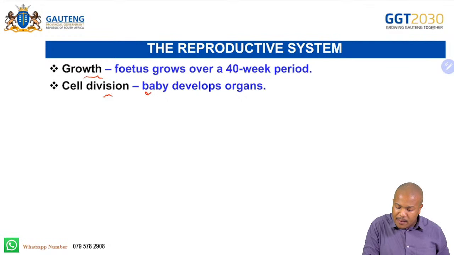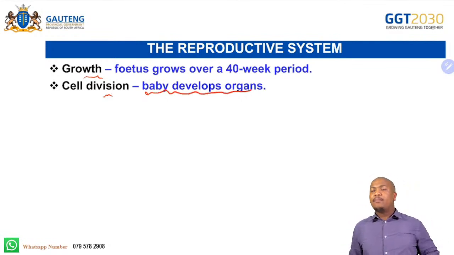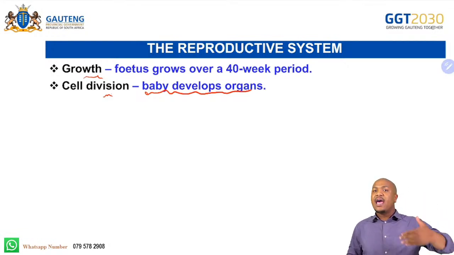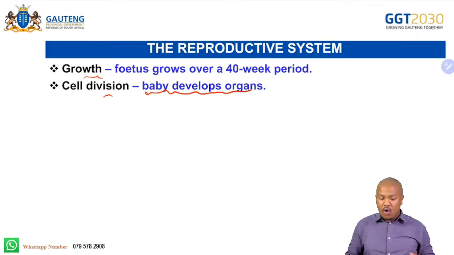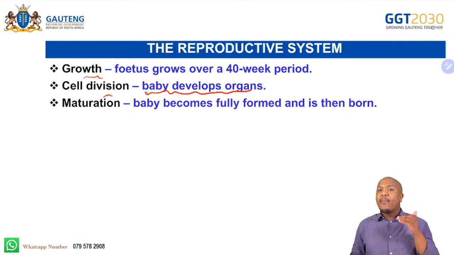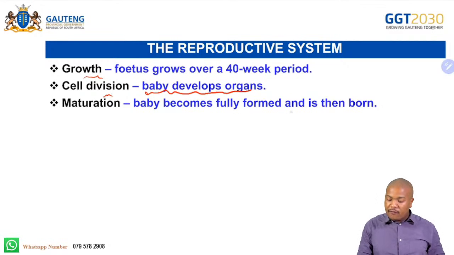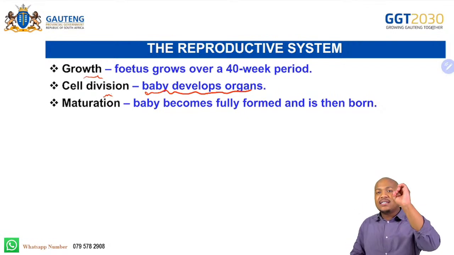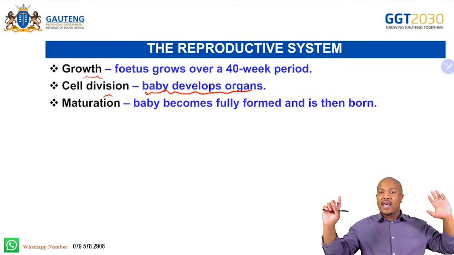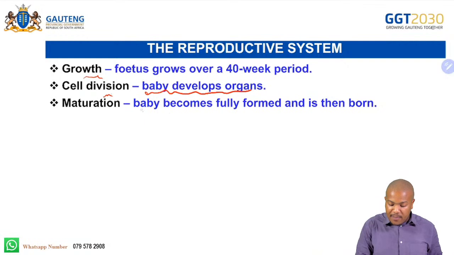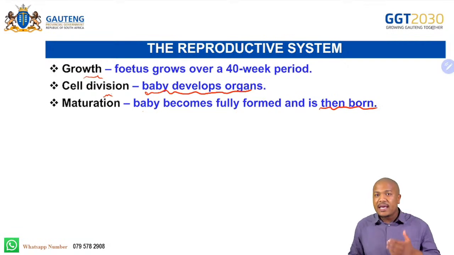So as cell division is taking place, this is when the baby develops organs. This is when the cells divide rapidly to form tissues, tissues forming organs, these organs forming systems, and a whole human being as a person or a baby at the end. Right? So now we say that after that, what occurs? Maturation, when the baby becomes fully formed and then is born, right? So now the baby is born from that singular cell, or from those two cells, the sperm cell and the egg cell becoming one and dividing again to form many body cells, right? So now the baby is fully matured, and after 9 months or after 40 weeks,